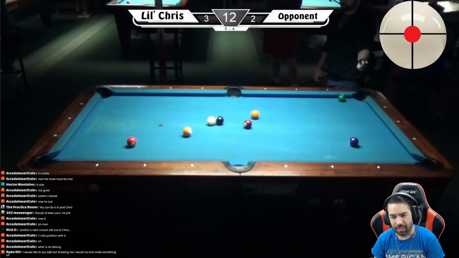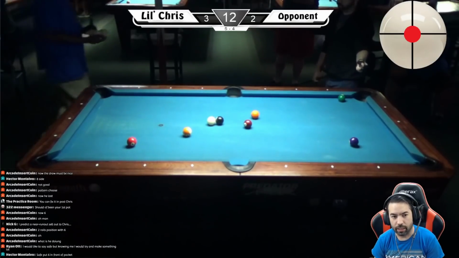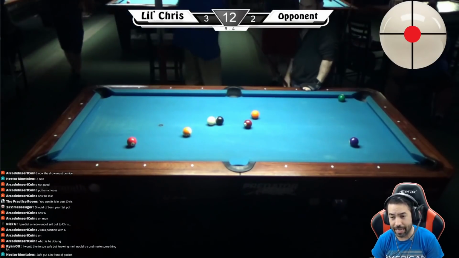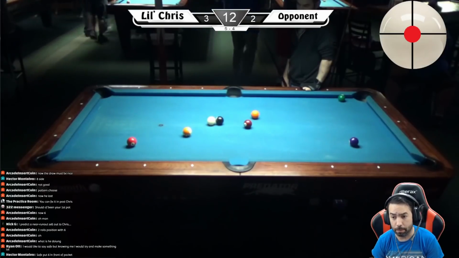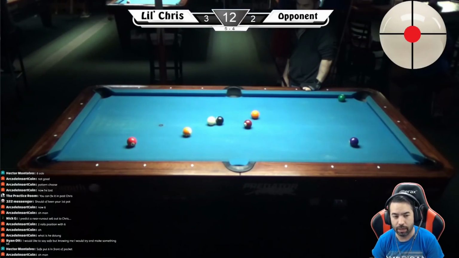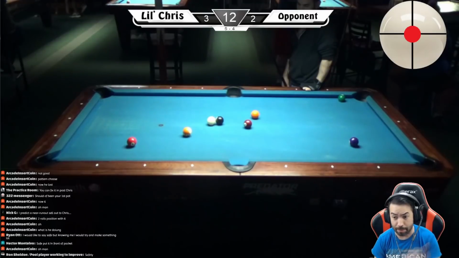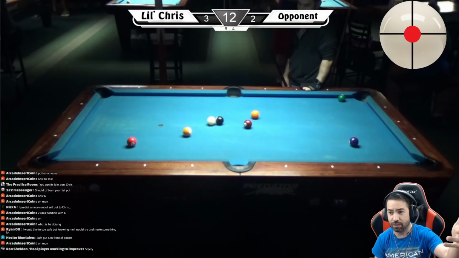So, if memory serves correctly, I can't bank the 13 ball. The 3 ball blocks the path for the bank. But I think what I end up trying to do is bank the ball over to the other side,